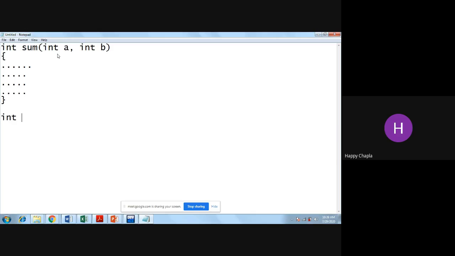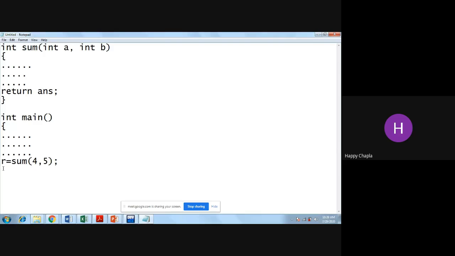And if I write int main, and from that main I call my function, that is r = sum(4, 5), and here it will return something from this function.